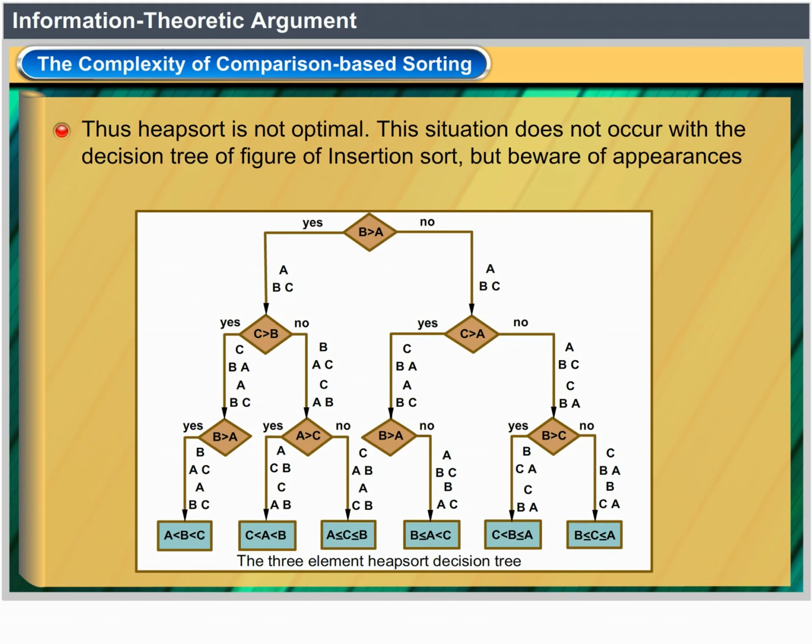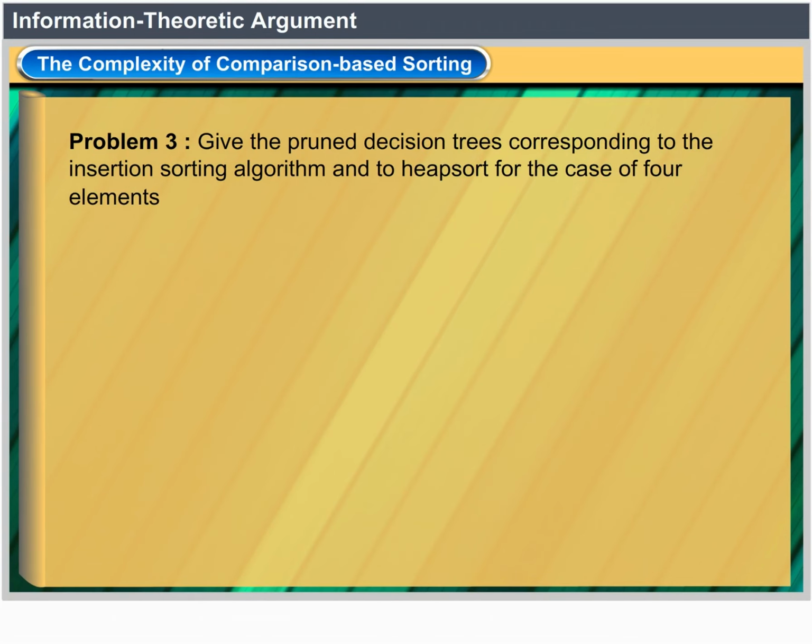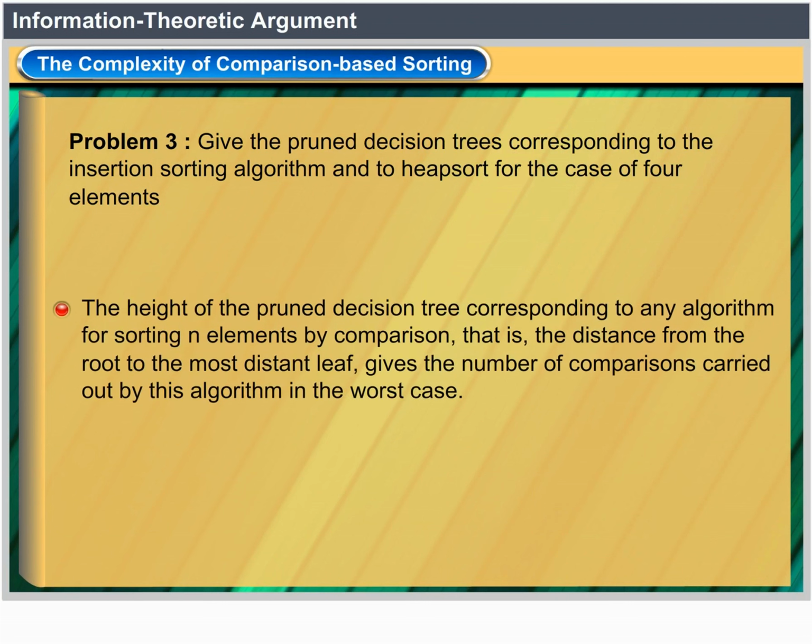This situation does not occur with the decision tree of the figure of insertion sort, but beware of appearances. It occurs even more frequently with the insertion sorting algorithm than with heap sort when the number of elements to be sorted increases. Problem 3. Give the pruned decision trees corresponding to the insertion sorting algorithm and to heap sort for the case of 4 elements. The height of the pruned decision tree corresponding to any algorithm for sorting n elements by comparison, that is, the distance from the root to the most distant leaf, gives the number of comparisons carried out by this algorithm